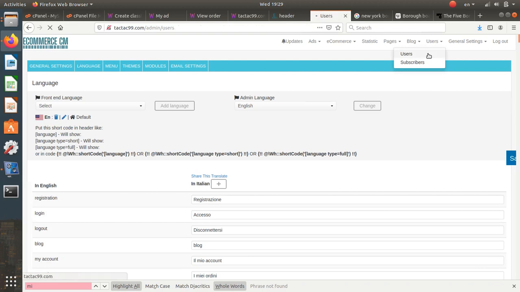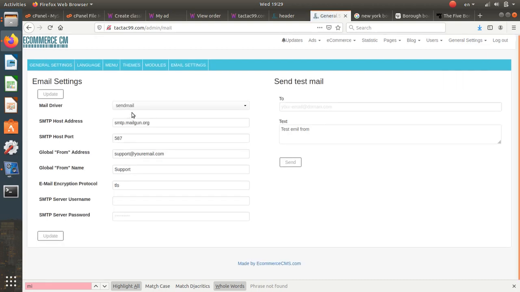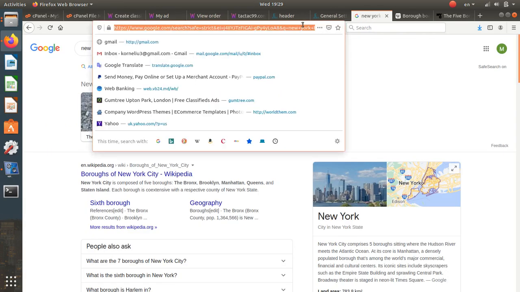Users, this is the list of the users. General settings, menu, email settings. What does email settings mean? Sometimes you want your email to go through SMTP. You select SMTP and enter your SMTP details. Also, if you use Gmail, you go to